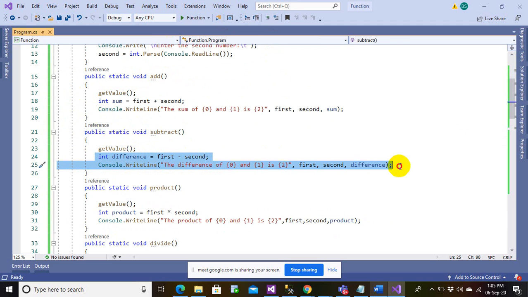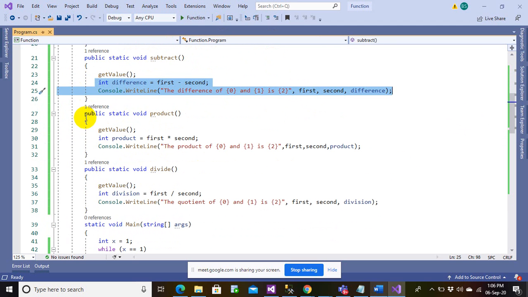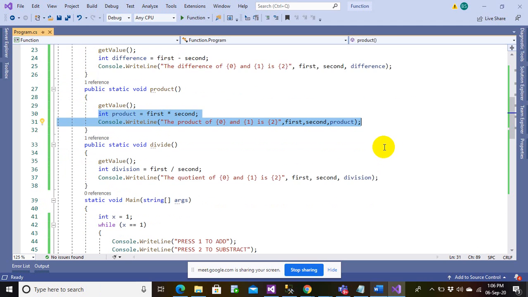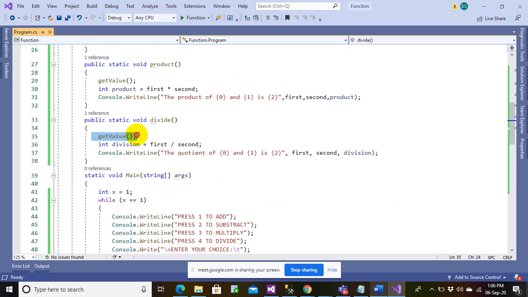Calculated the difference, did my job, done. Similarly for product, I simply call get value, which is reading the value from the user. Done my job with the product and finished. Similarly for the division also, I just call the function called get value, that is reading the values from the user, perform the division operation, and my job is done.